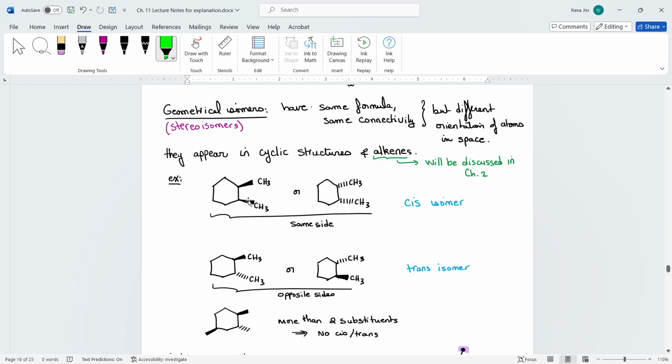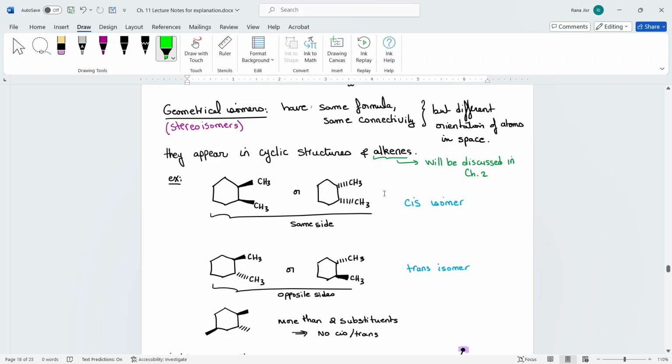See, this is a wedge line, so these CH3s are pointing towards you. When these 2 CH3s are on the same side, whether both are up or both are down,